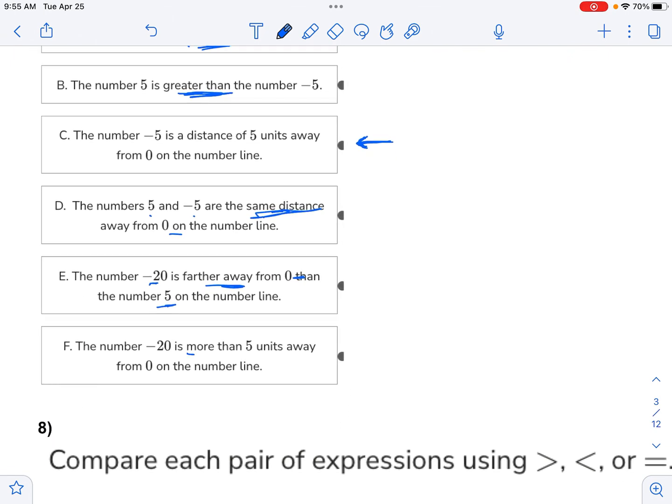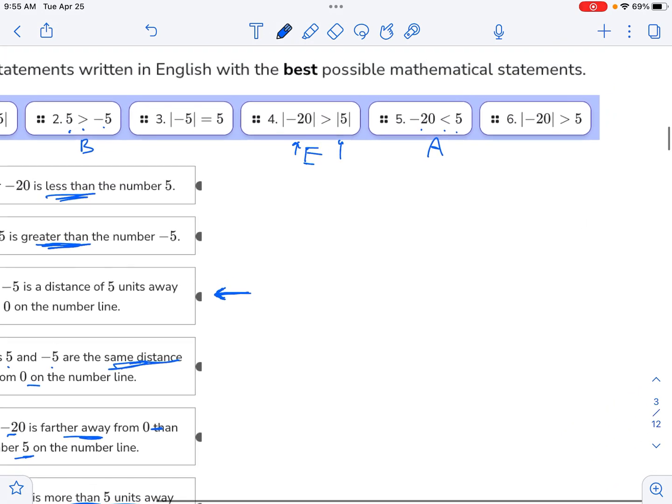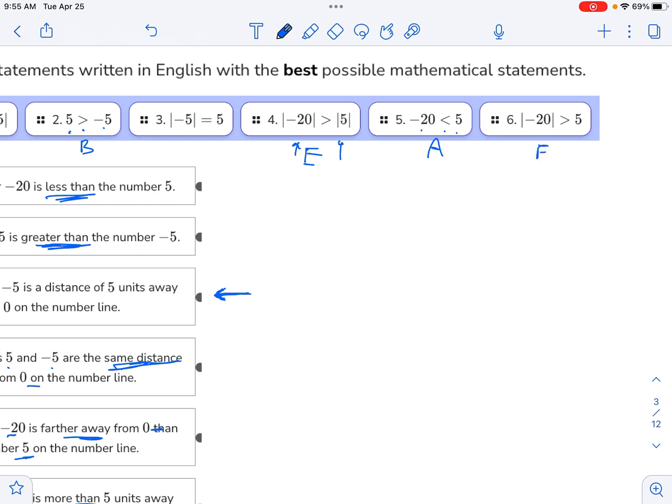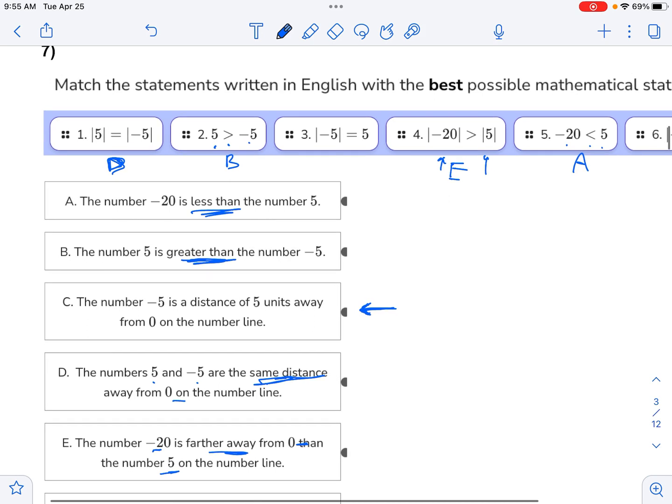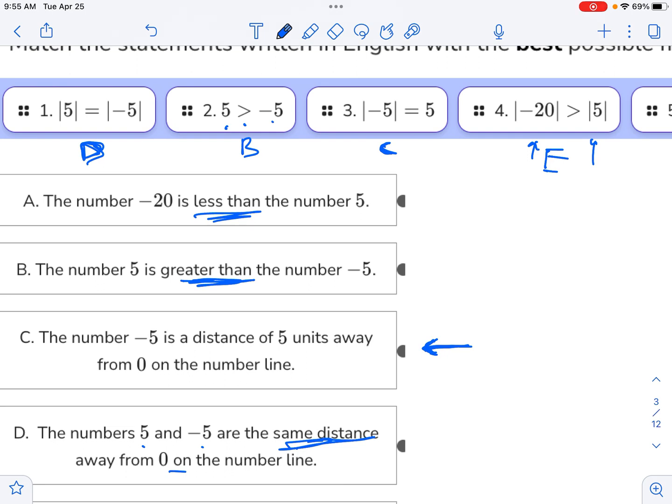The -20 is more than 5 units away from 0 on the number line. Another absolute value one. So that's going to be this guy right here, which makes it greater than 5. So that last one goes with this one, C. So let's read it and let's wrap our head around it. What I'm showing you is a strategy that you can use. If there's one where the wording's just too funky, go ahead and skip it and then come